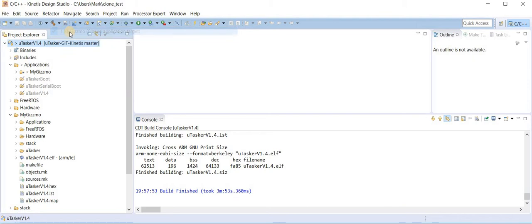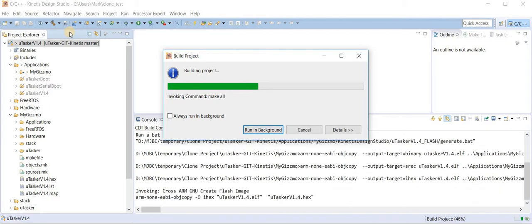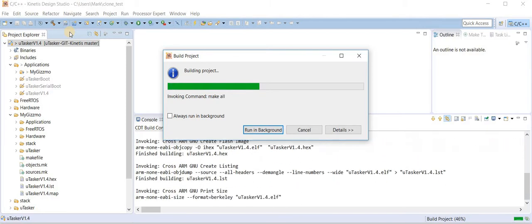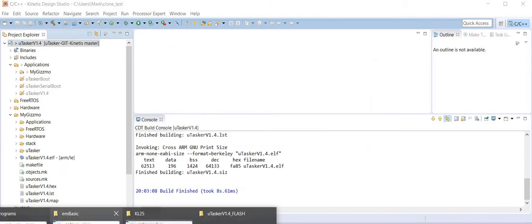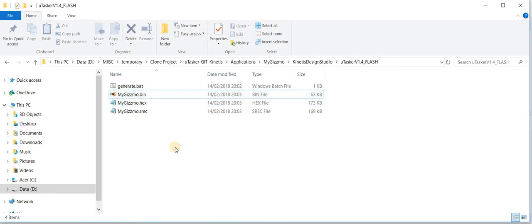So if I now rebuild, and check in my directory again, we indeed see that we have the binary file which could be loaded to